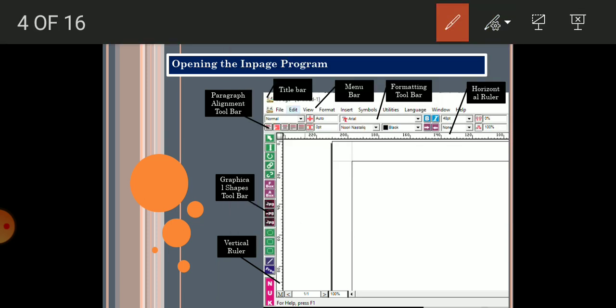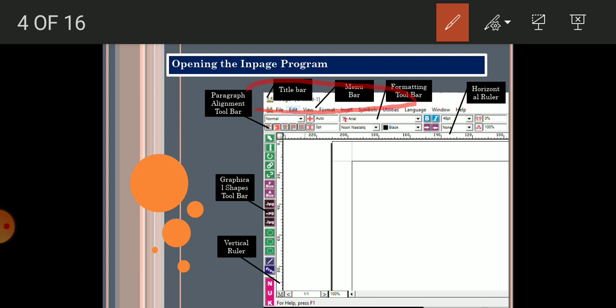It has similar options as were present in MS Word. Actually, this is a very old layout. It's not up to date, as graphical enhancements took place in MS Word. The older versions of MS Word, like MS Word 2003 and before, had a similar look and exactly similar menus, very similar menus and options. First, look at the top menu. We have got this title bar, which is a bit hidden behind the tabs.